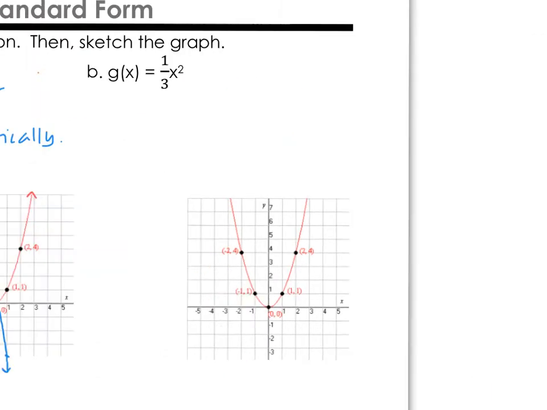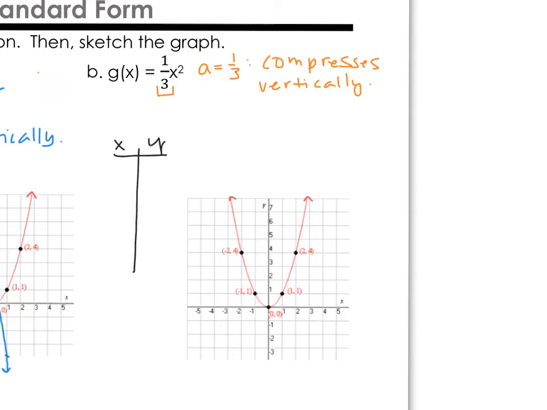Let's try the next one. g of x is equal to 1/3 x squared. Now our a value has changed to 1/3. Since 1/3 is between 0 and 1, this graph compresses vertically. And notice it's positive, so it'll go in the same direction as our original graph. All right, on the parent function, I'm just going to draw some arrows in there quick. Now let's go ahead and create a table